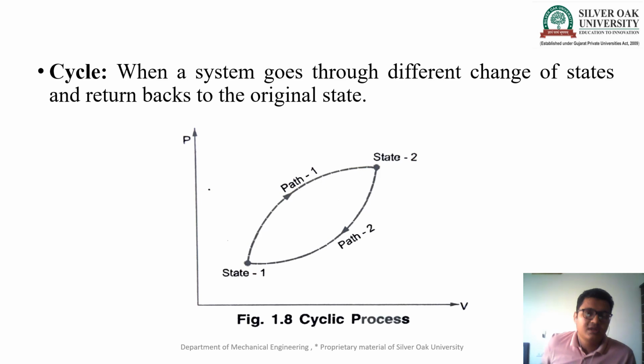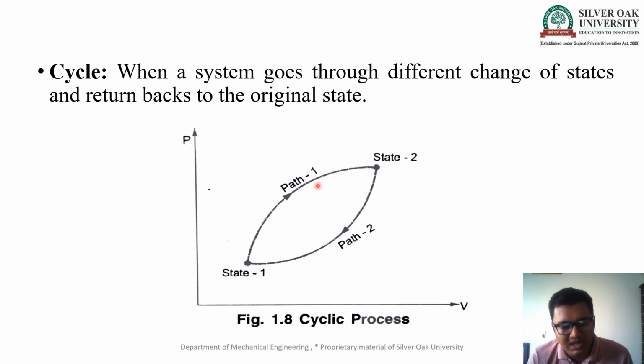Now we come to the cycle. Cycle is a very important term. Why is cycle very important? Because here you can see state 1 and state 2. We can consider state 1 as Ahmedabad and state 2 as Vadodara. So if I choose to go from Ahmedabad to Vadodara via Tarapur Chowkdi and return from Vadodara to Ahmedabad via the Ahmedabad Vadodara Express Highway,